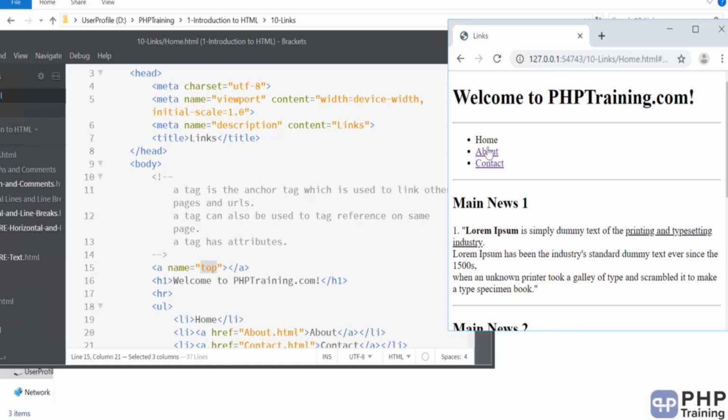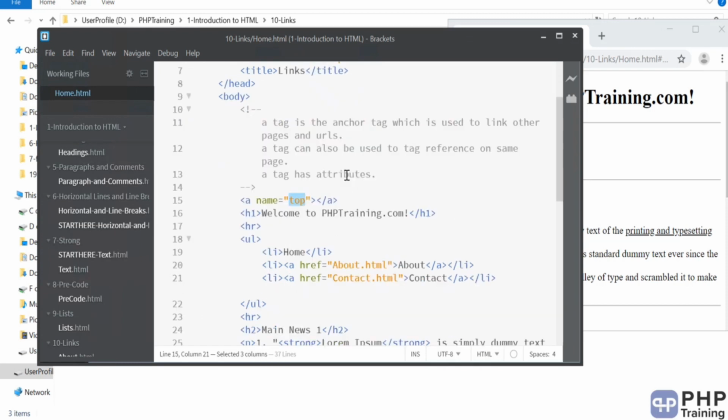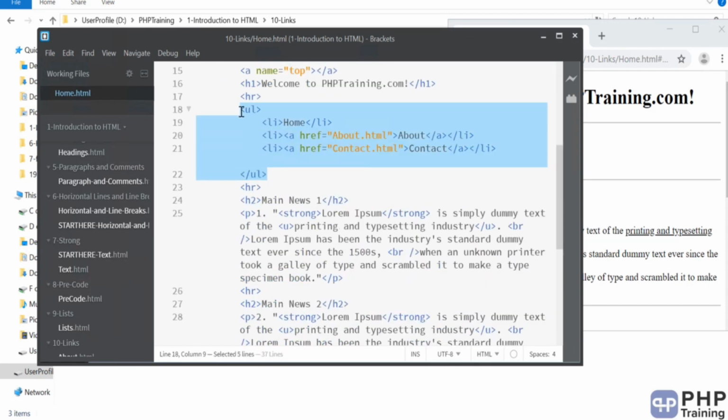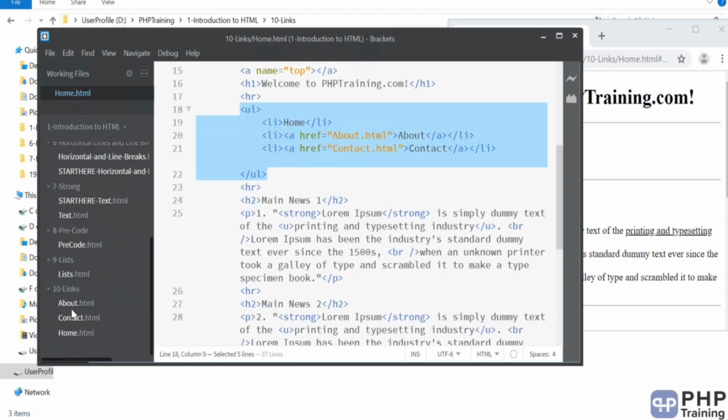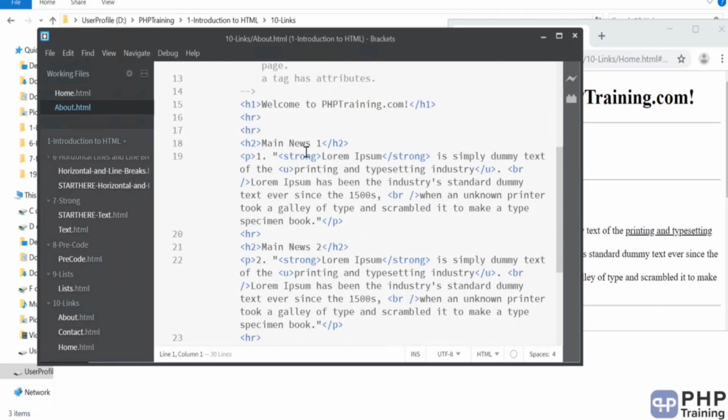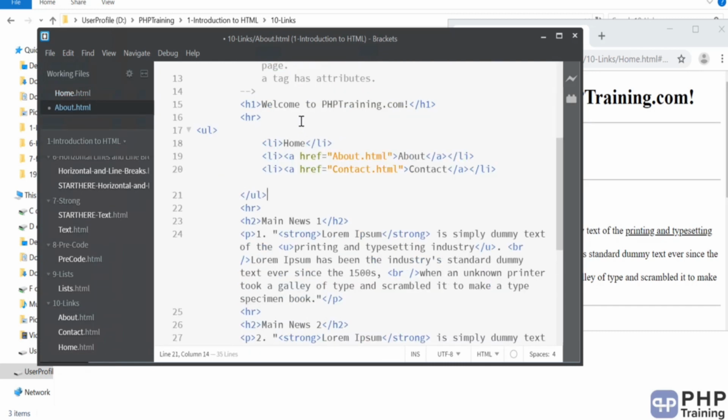So let's close off the about and contact pages. You just have to copy these links, go to the about page. Okay, in the about page you don't want to have a link for about, just to mention that when you are in the about page you want to have links for home and contact, so you know you are in the about page, right?